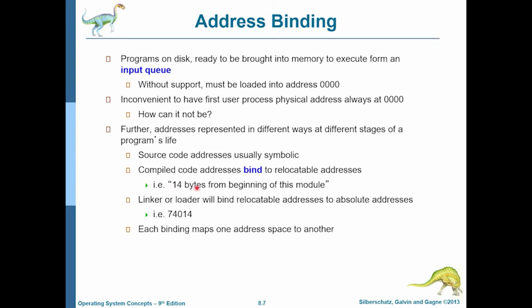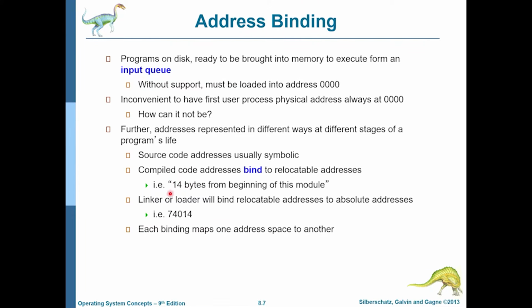It would say this variable is, for example, 14 bytes from the beginning of this module, and at runtime, whatever the beginning of the module is going to be, this variable will get an address of 14 bytes after the beginning of that module. So it is clearly relocatable. You can relocate the program and all the variables and functions will get the correct addresses because the differences are given by the compiler.